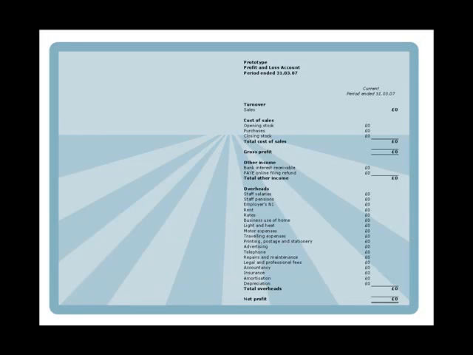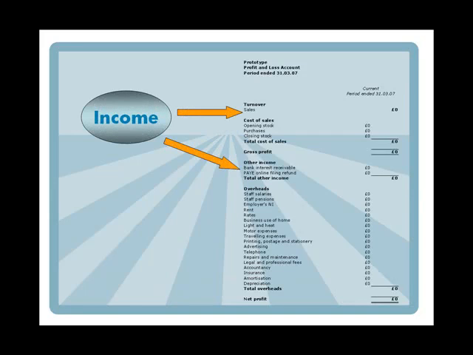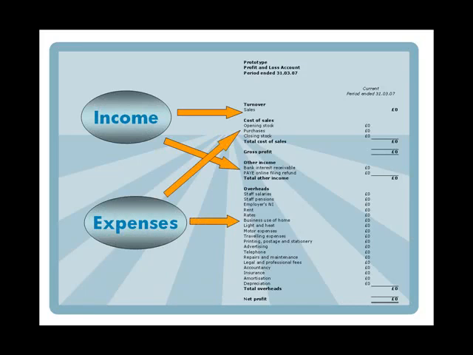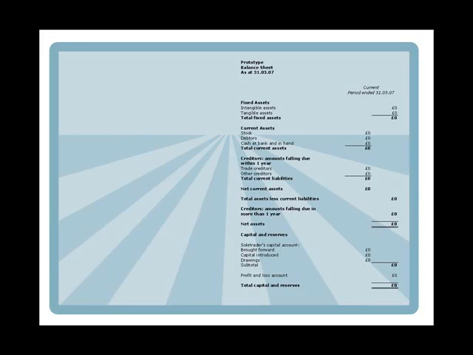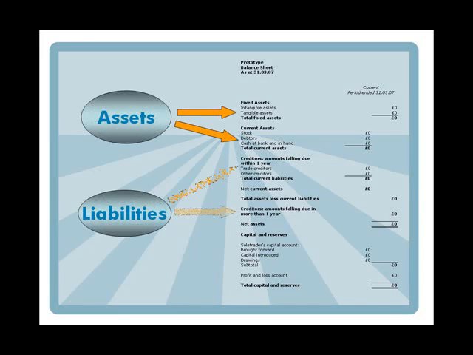Here's an example of a profit and loss account. The income is here, and the expenses are here. And here's an example of a balance sheet, showing the assets and the liabilities. For more information about the profit and loss account and balance sheet,